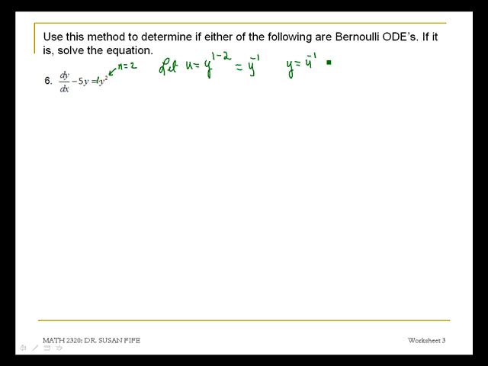So if y is u to the negative first, then dy dx is equal to negative 1 u to the negative second du dx. So let me make my substitutions. Dy dx is negative 1 u to the negative second du dx